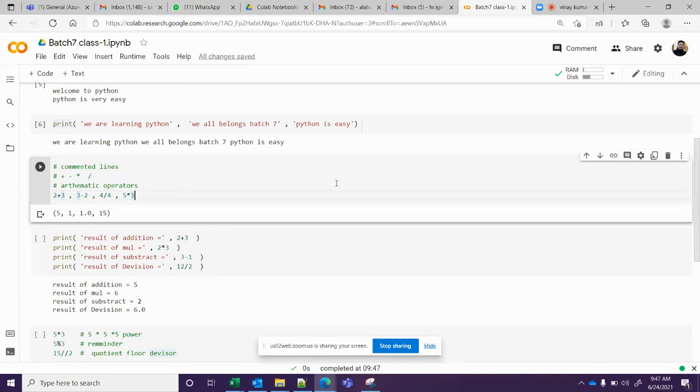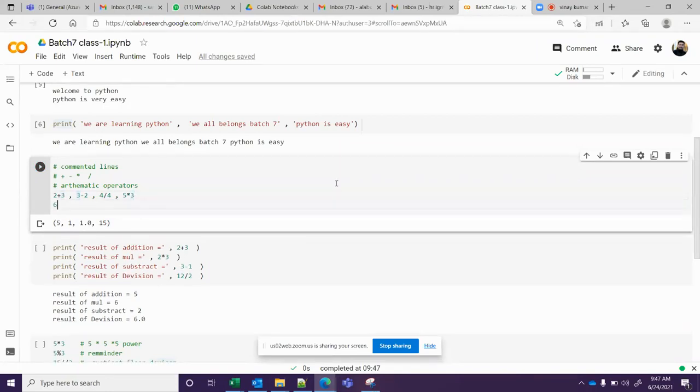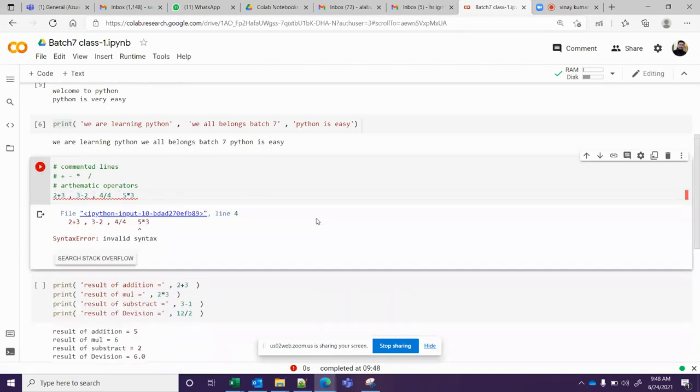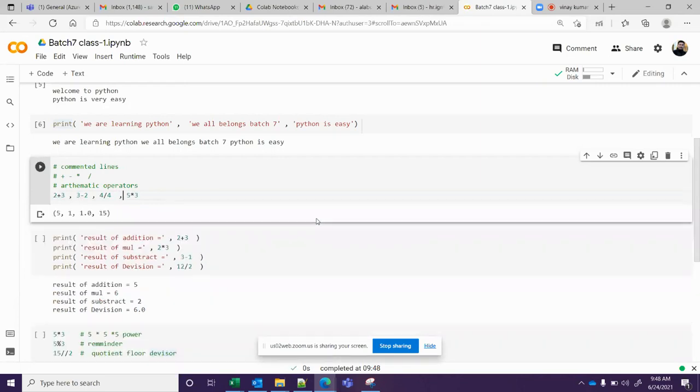When you're using display, only the last expression's output will be displayed. So when you have multiple display messages, only the last one will come. That's the reason, if you want multiple expressions' output, either you print them all, or display them separated by commas. If you do not separate them by a comma, you will definitely get an error, because Python doesn't understand the syntax. So we need to be very careful. Whenever you have two equations, expressions or sentences, you should put a proper separator. Otherwise, Python will not be able to understand it.